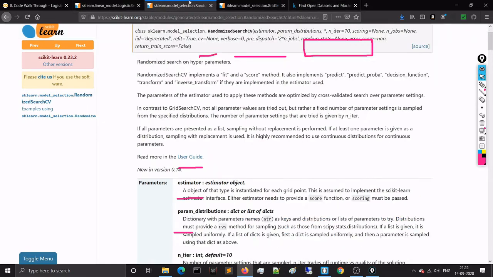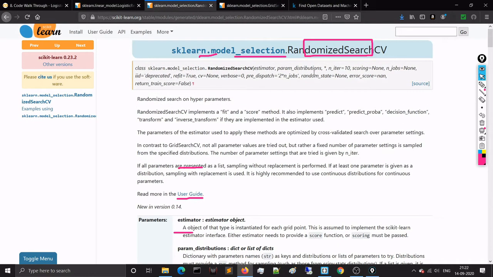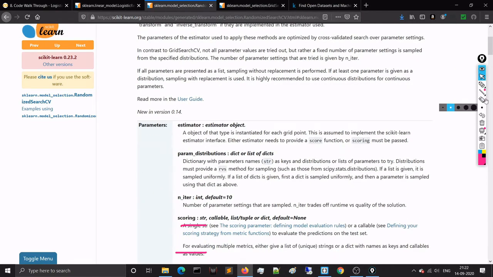Similarly, you have RandomSearchCV. Exactly the same, under the same package, model selection, you will get RandomSearchCV. That's the beauty of scikit-learn, because you can just replace GridSearchCV with RandomSearchCV. Everything is the same: you have the estimator, the parameter distributions, and also the scoring. Say you have GridSearchCV and your manager says, no, I want RandomSearchCV. Just replace the name. You have to import RandomSearchCV.